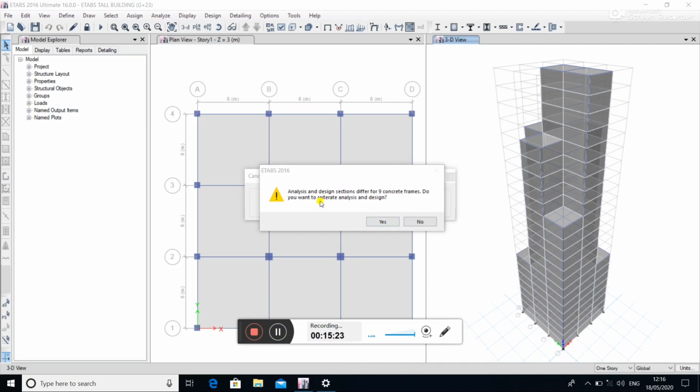Again, the software asks to reiterate the analysis and design for the 9 concrete frames. Then click on Yes.